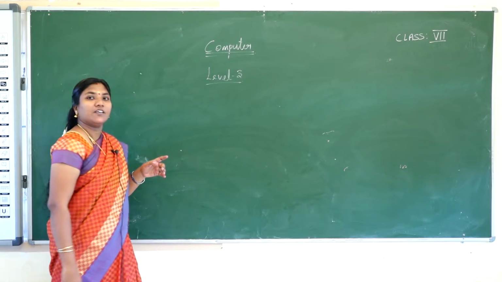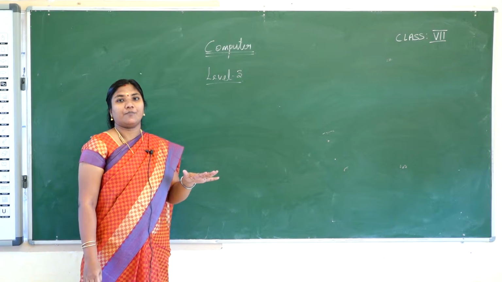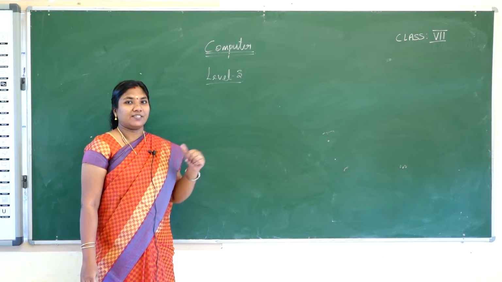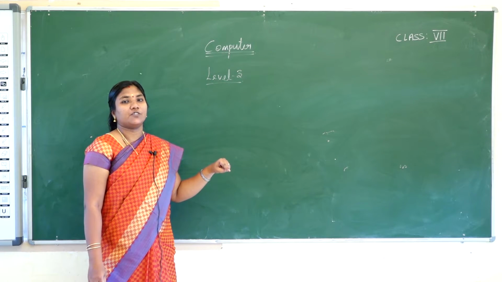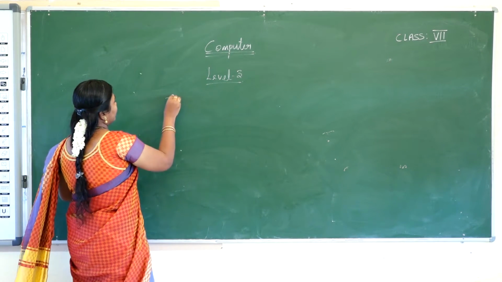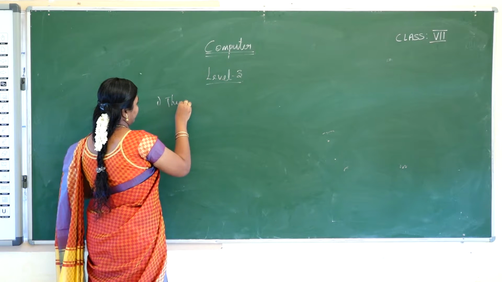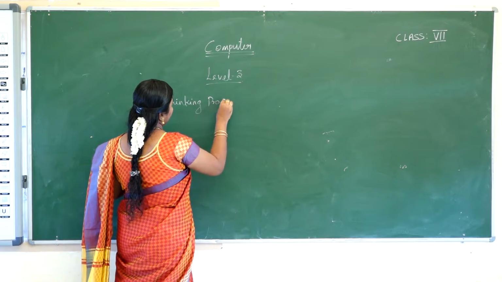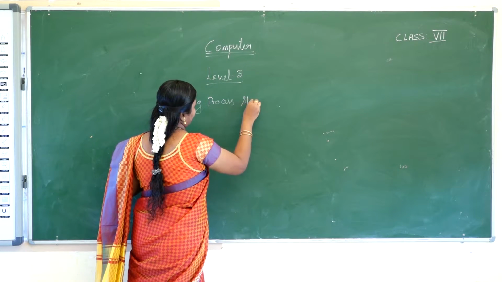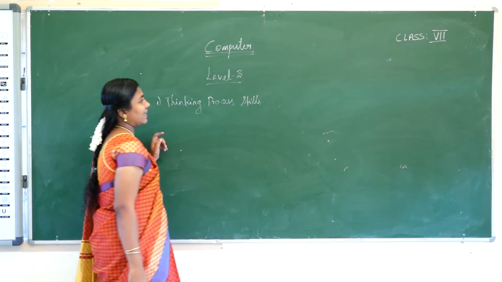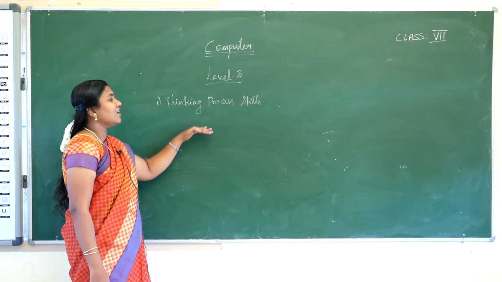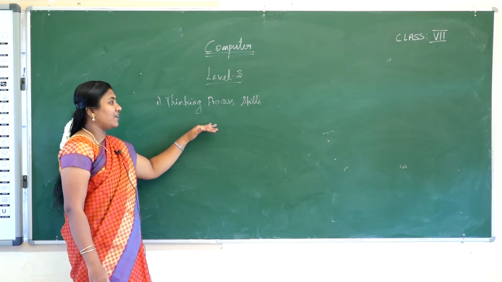In level 3 you might have become very familiar with the computer, so you don't have the point of familiarity with computers at level 3. So next we are moving to the next point, thinking process skill. At level 3 you must be very familiar with the computers. In the thinking process skills, first we are learning about